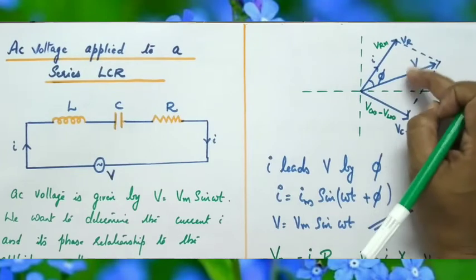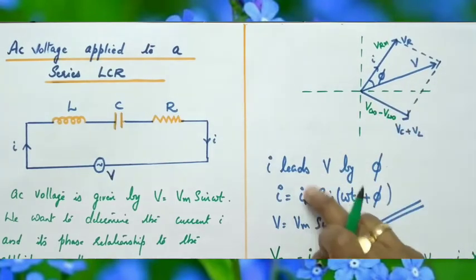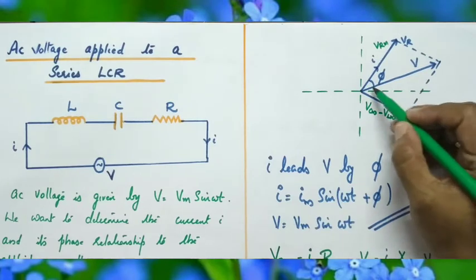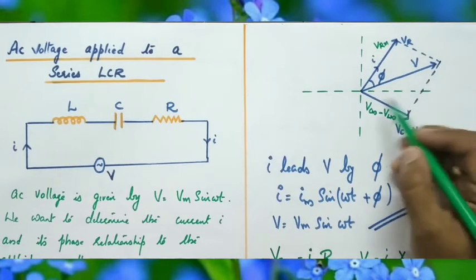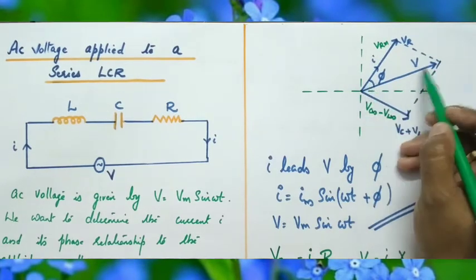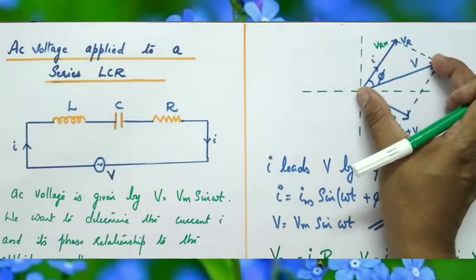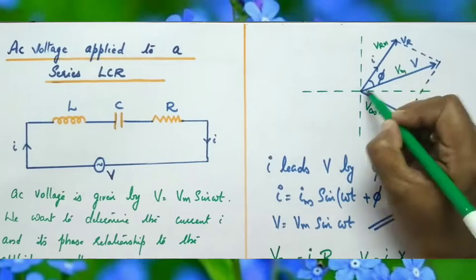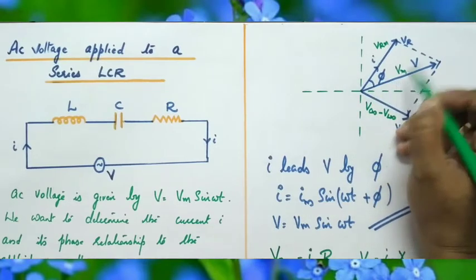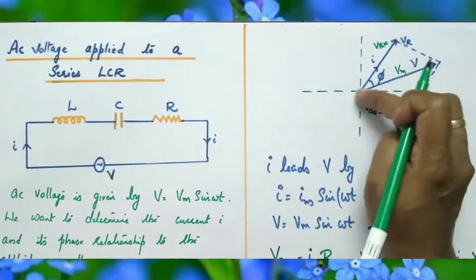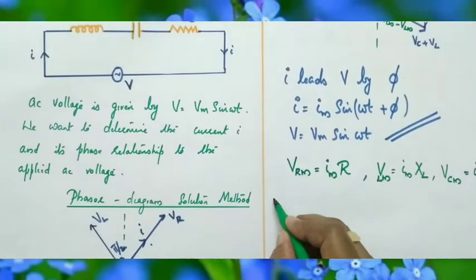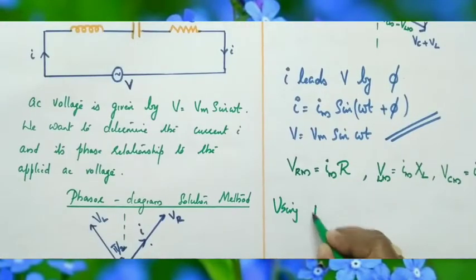Now if you want to find out the magnitude of the current, we are deriving the formula for current. For that, we can consider this right-angled triangle using Pythagoras theorem. Here, its magnitude is Vm. The magnitude of vector or phasor V is Vm. If you consider this right-angled triangle, this is 90 degrees, so using Pythagoras theorem, we can write